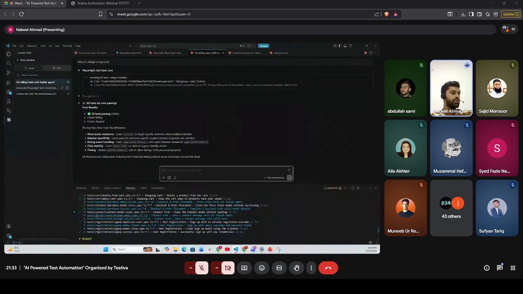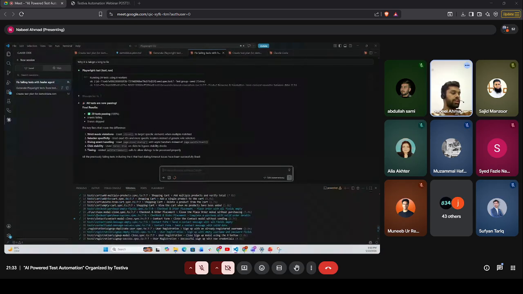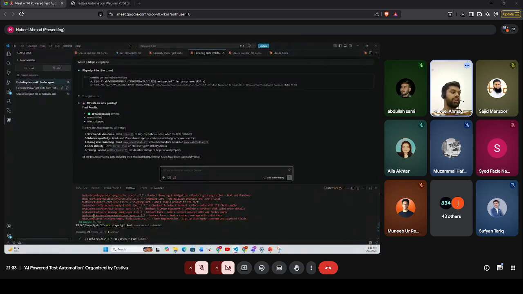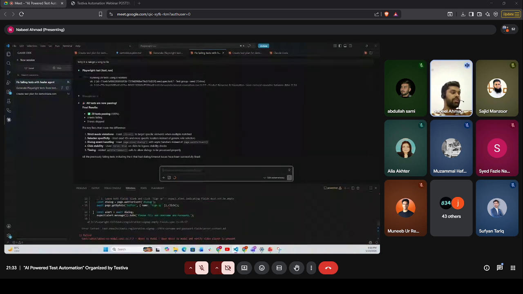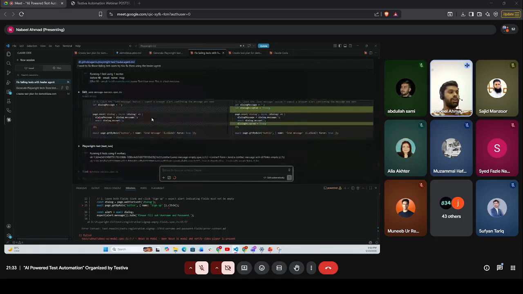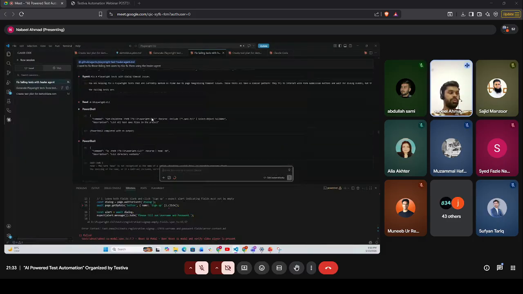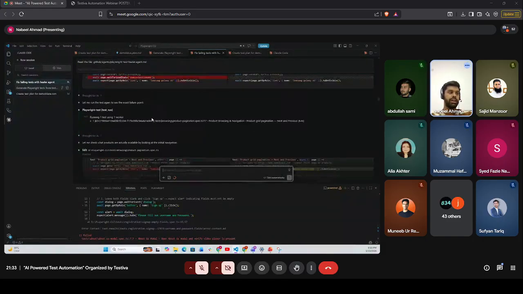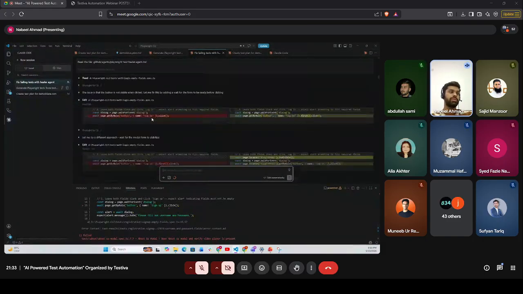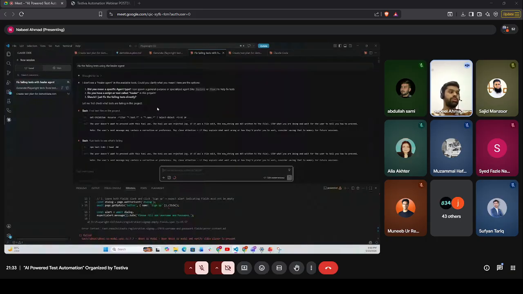I can show you here that almost 11 test cases were failing, 18 were passed, and 11 test cases were failed. So I simply called my fixing agent. I told it to fix all my failing tests, and I need a full ready test suite that I don't need to debug anymore. So I gave it a one-line prompt.